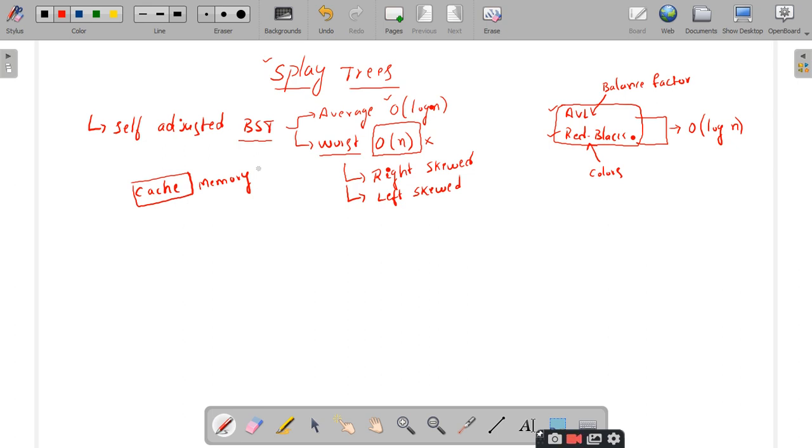Any good answer? Accessibility to the past. High speed of accessing. Okay. Sir, it's faster than RAM, sir. Okay, super high speed, but this is not the actual purpose why we have introduced the cache memory. I accept that cache memory works faster than the RAM or ROM, whatever it may be.